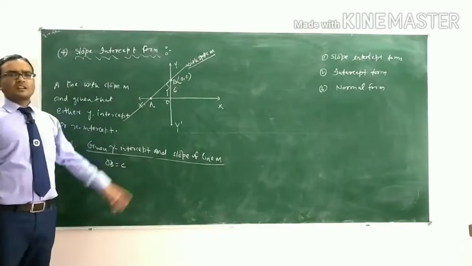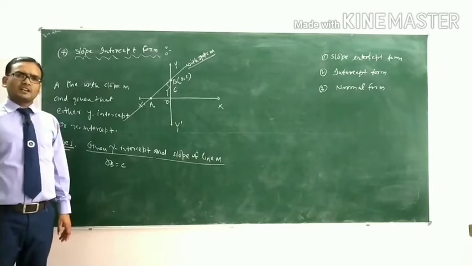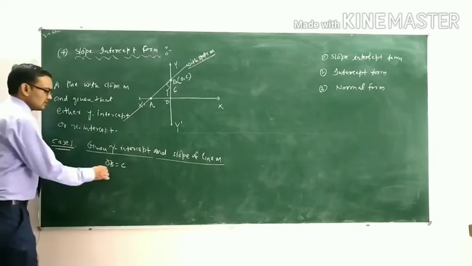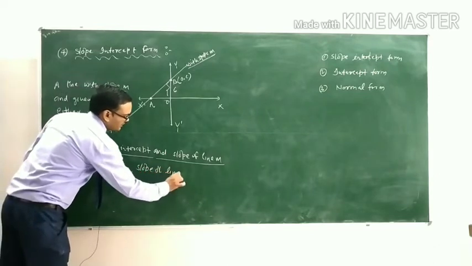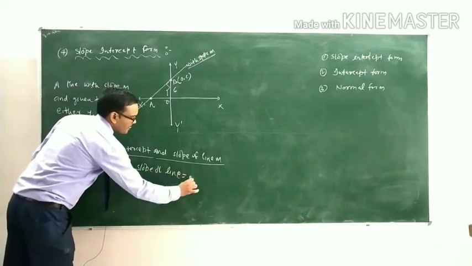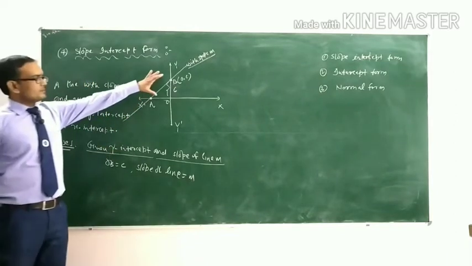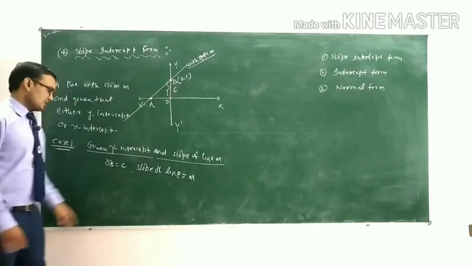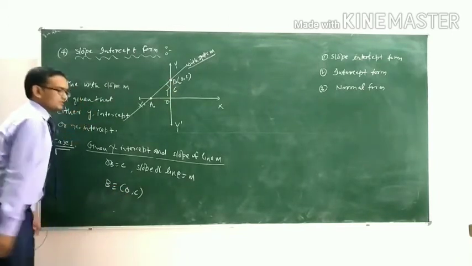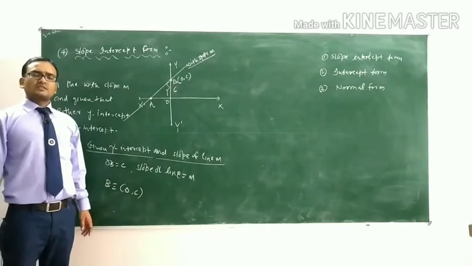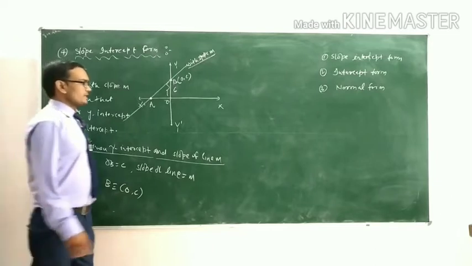The slope of the line is m. If the distance OB is c, then the coordinate of point B is (0, c). Okay, students, and the equation of the line,